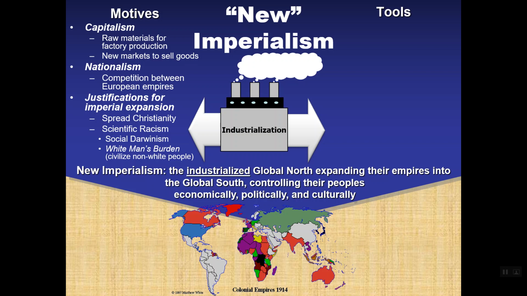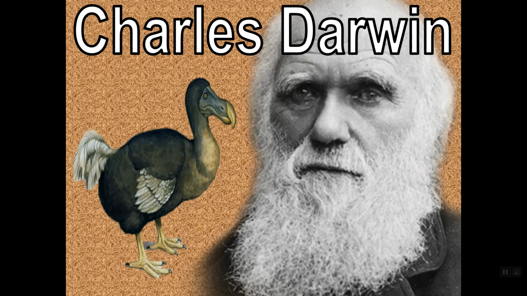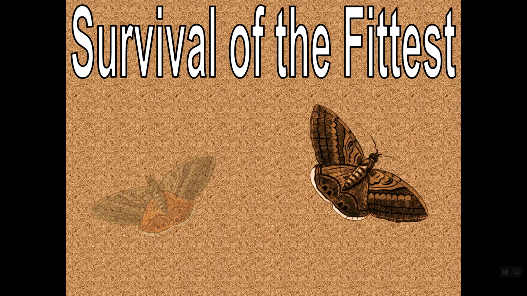Like, well, we have to go civilize all these savages, bring civilization to them, right? So let me explain Charles Darwin. Charles Darwin comes up with the idea of survival of the fittest, right, and evolution, but he applies it to animal species. And what he says basically is that there are certain species, like say for example this